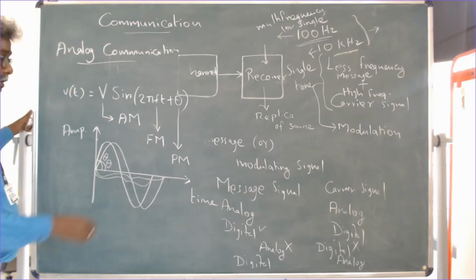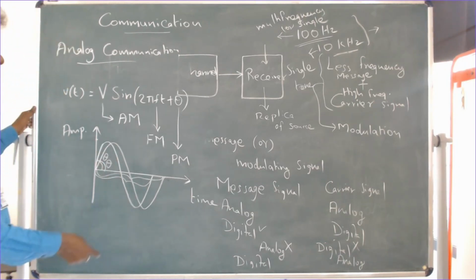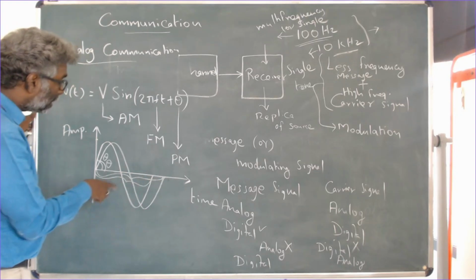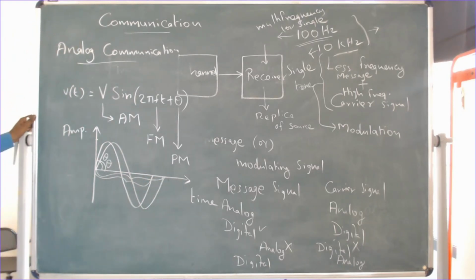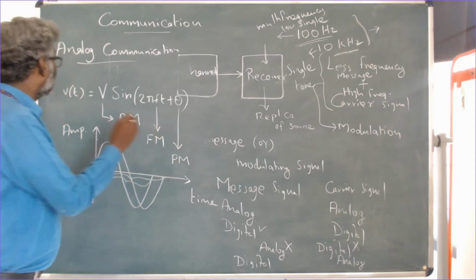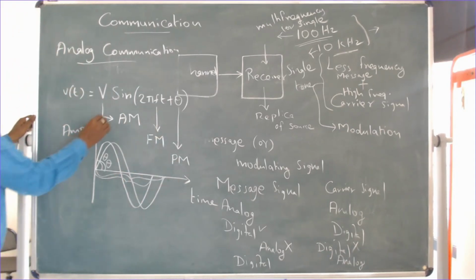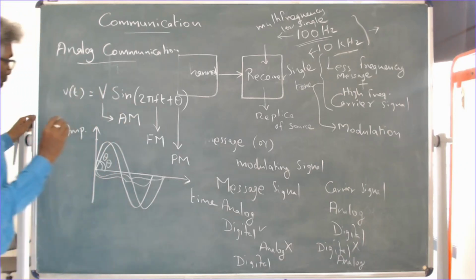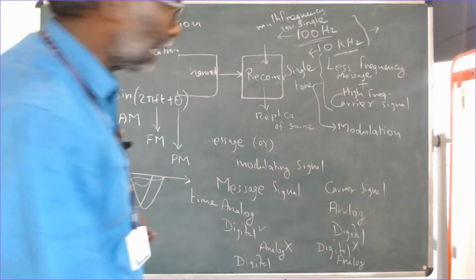My ultimate aim is to change the frequency or phase. But if you change the phase, the frequency also changes. If you change the frequency, the phase also changes. So it is called direct FM or indirect PM, direct PM or indirect FM. So we can represent it like this: this is our amplitude modulated wave, right? If you are taking a message and a carrier signal,